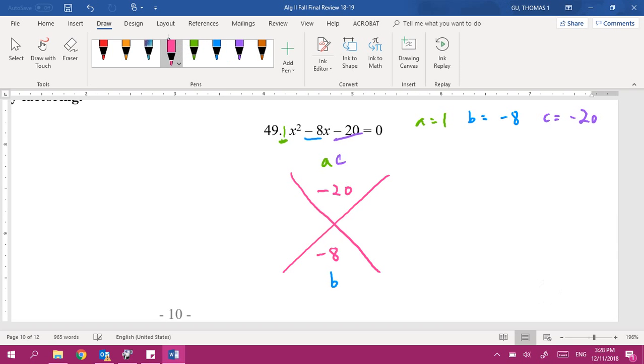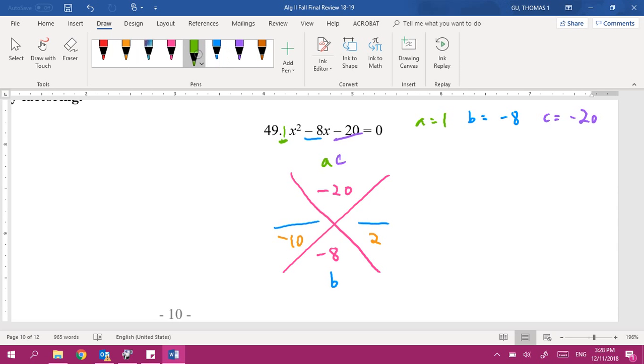Now the side two numbers is going to be the two numbers that multiply for -20 and add together to give you -8, and those numbers are going to be -10 and 2, because -10 times +2 is -20, -10 plus 2 is -8. Now don't forget, on top you got to put a fraction line,